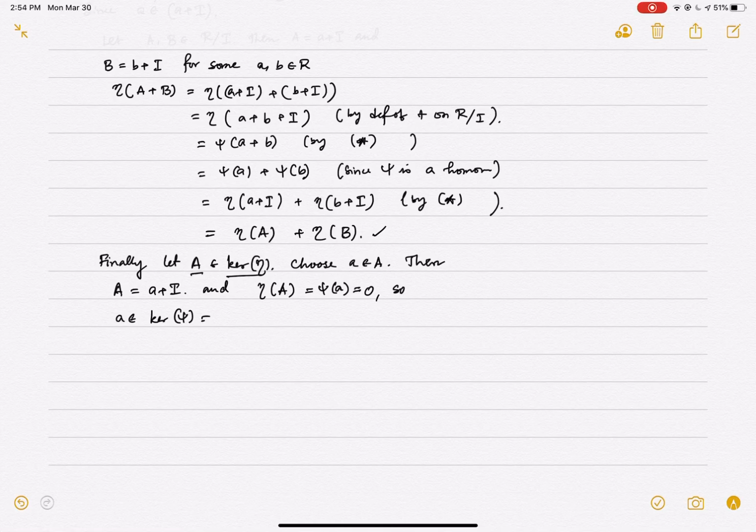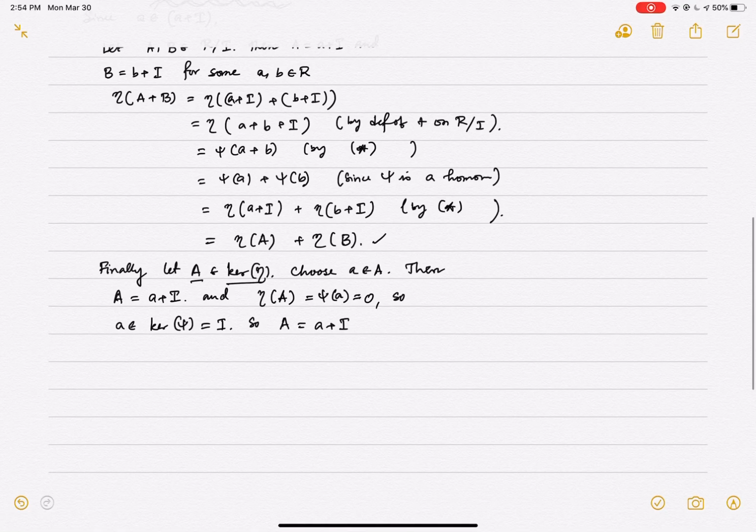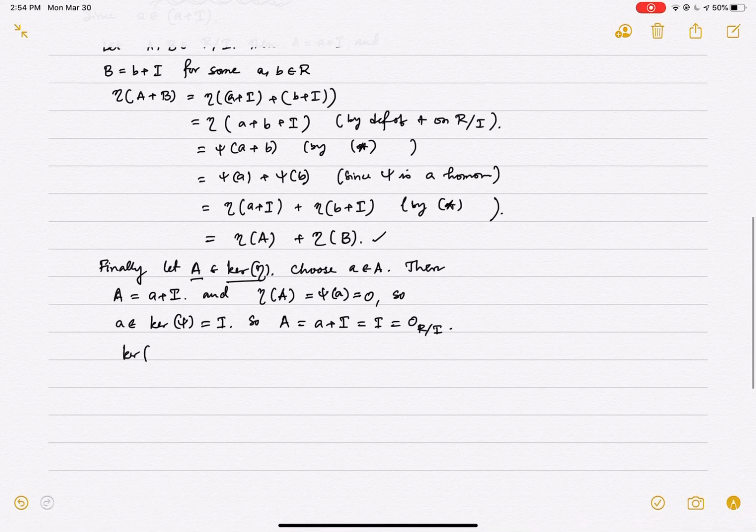But the kernel of psi is what we called I, right? So a is in I, so the capital A is the coset of little a, but since a is in I, this is the same as I. So this is the 0 element of R mod I, if you remember. So the kernel of eta is just the 0 element. So eta is injective. Okay? And that's basically the